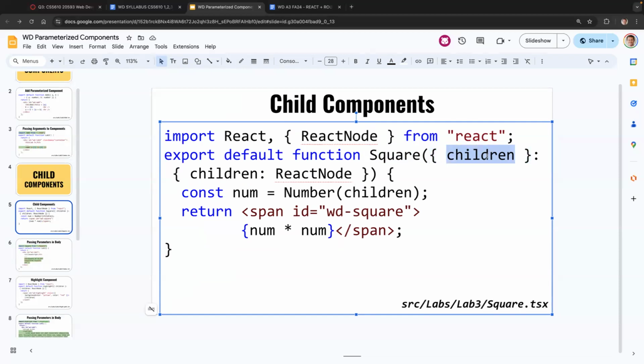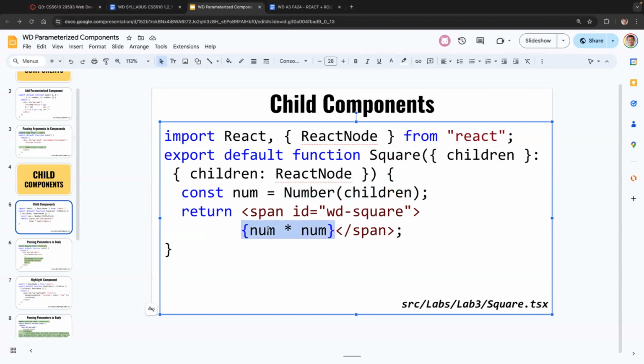using the keyword children. So children is going to represent the data, whatever is in the body, and once you have it, you can convert it, make sure that it's the correct data type or whatever. By default, it's just a string. Actually, no, it's a type of React node. It's a node, and here we are converting it, casting it to a number data type, because what we're going to do is compute the arithmetic square